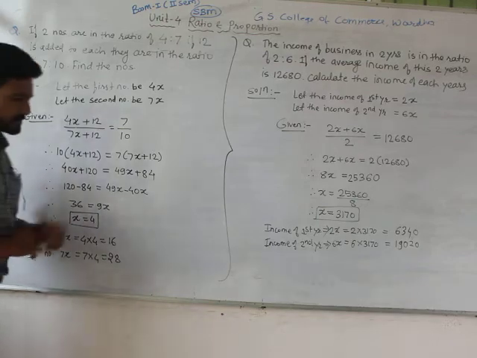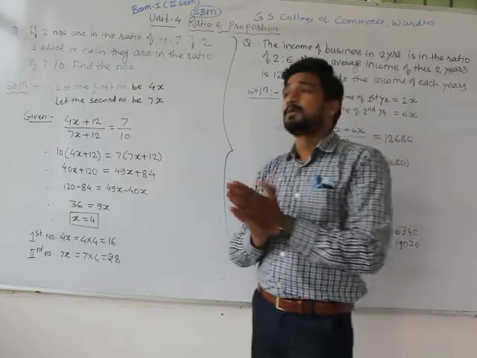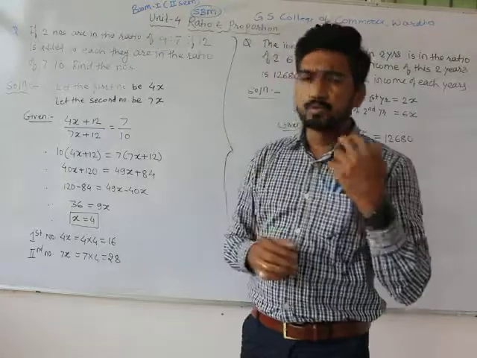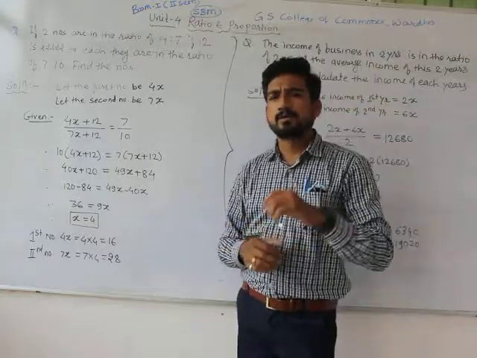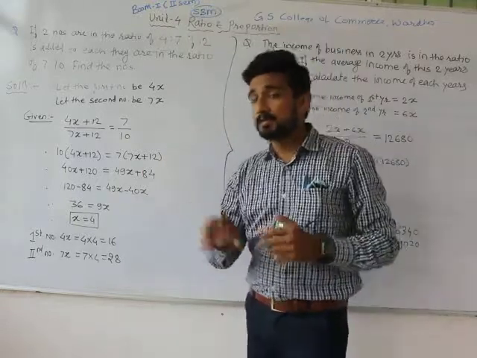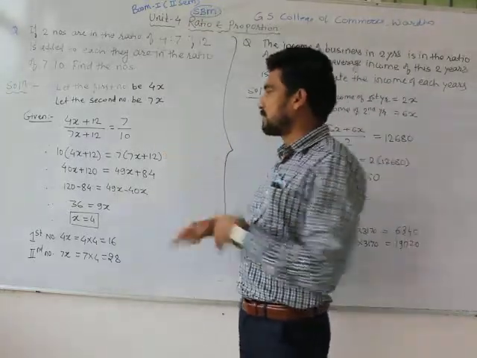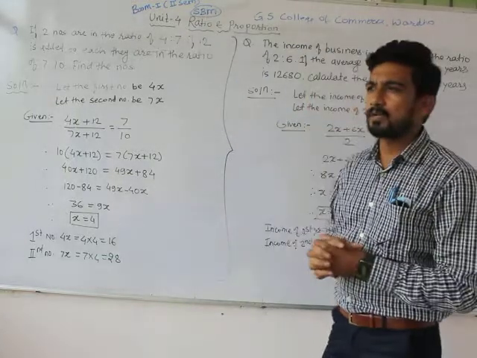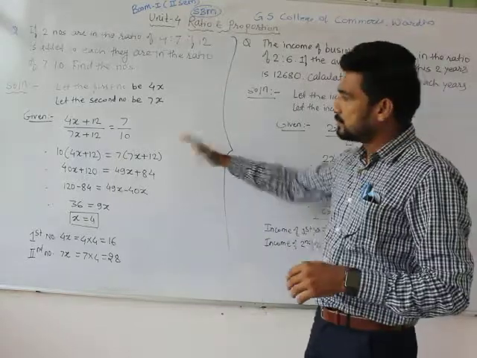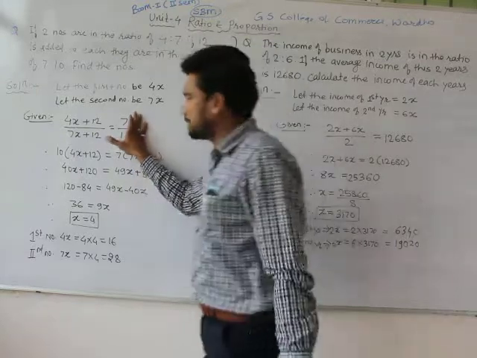The most important part of statistics is that you have to tabulate the data properly, because if your tabulation goes wrong, then the use of your formula and your calculation will go wrong, since the values you put in a formula are a part of your tabulation. In mathematics, the most important part is your equation. If your equation gets wrong, then whatever calculation you do after that, it is most certain that your answer will be wrong. So the most important part of mathematics is your equation. So this is the equation. I hope you understand the equation properly.